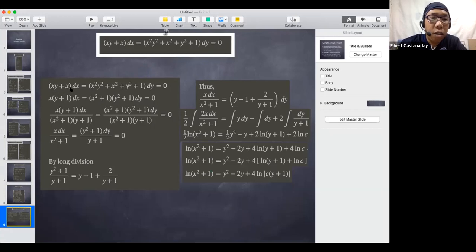So x times y. Okay, so you have a common factor here. So this is x. So you factor out x. So you have this expression in the left-hand side. So x times y plus 1. Now, here you can factor by group. So you put this into one term. So x squared y squared plus x squared. And you can actually,